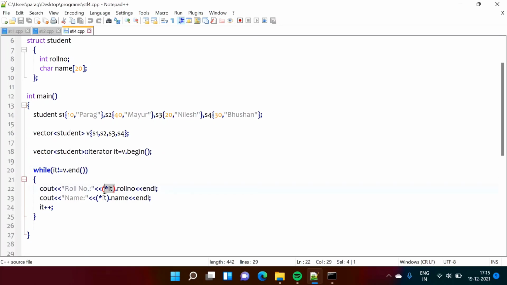Here we have to enclose in round brackets star it, which will return this S1, but what we want is the roll number field, that's why in round brackets dot roll number, and then we want to access name, so in round brackets we have mentioned asterisk iterator object dot name, and then we are incrementing it. So likewise we are printing the values.